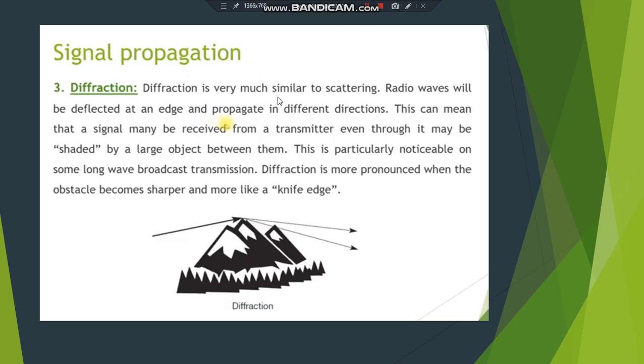Yeah, so I was telling you, it is again basically leading to division in signals, which gets its strength divided and the signal becomes weak. This can mean that a signal may be received from a transmitter even though it may be shaded by a large object between them. मतलब ट्रांसमीटर से ट्रांसमिट किया है, रिसीवर पे पहुंच भी रहा है, बट जितना ओरिजिनली जिस स्ट्रेंथ के साथ जिस पावर के साथ हमने भेजा है वो उस पावर के साथ उसको नहीं मिल रहा है,